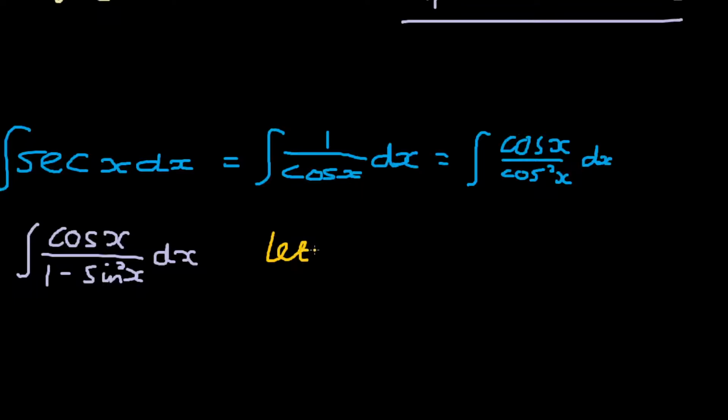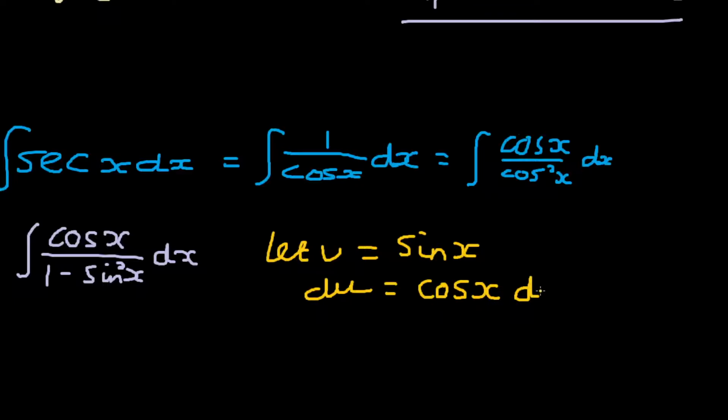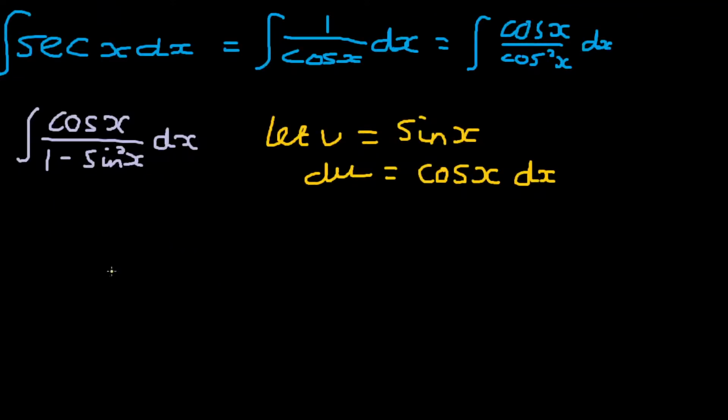Let u equal sine x. du is nothing other than the cosine of x dx, which we have here. We just substitute now. We get the integral of 1 over 1 minus u squared du,